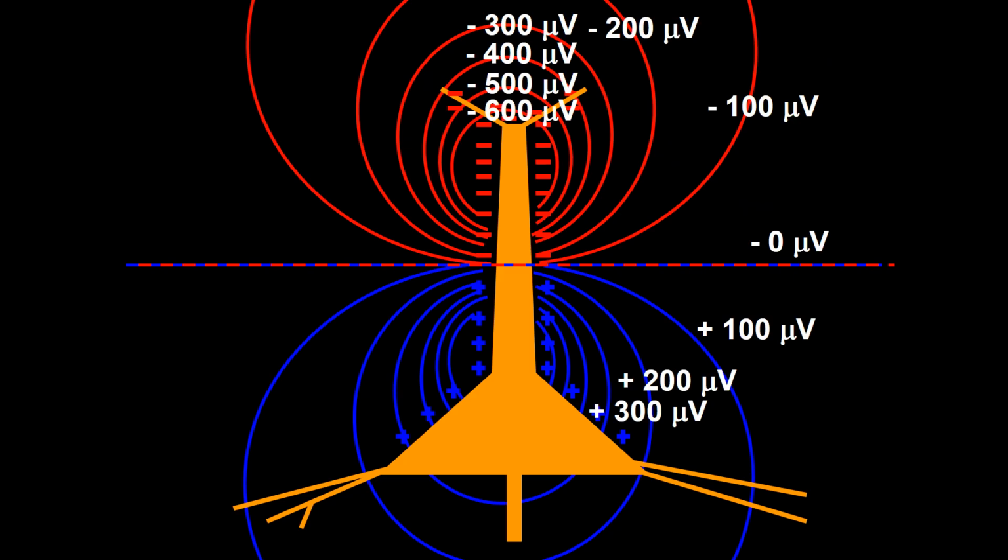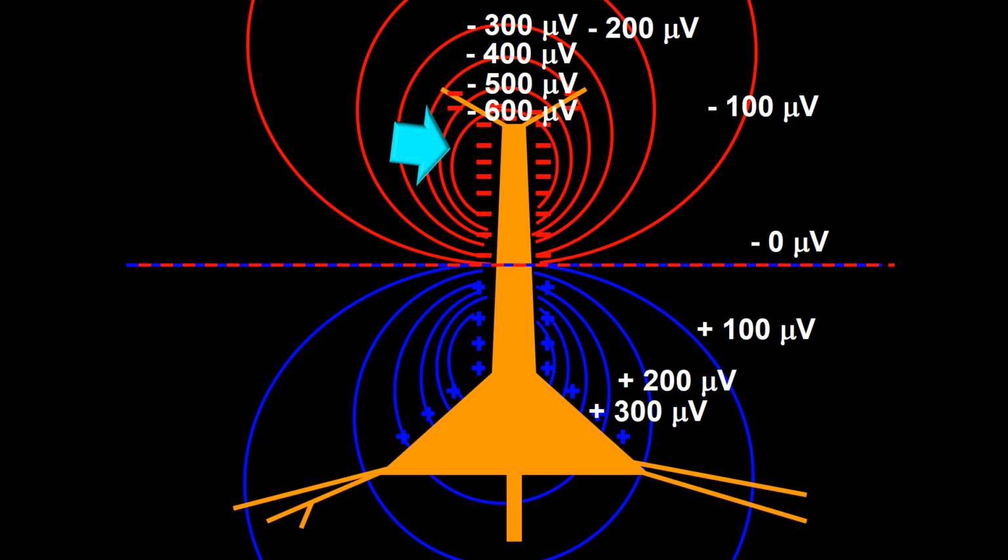In this frame, I have added values in microvolts to some of the isopotential lines to illustrate the relation with each other. As you can see, this isopotential line is minus 100 microvolts here and also minus 100 microvolts in the area in the isopotential line pointed by the arrow. This other one